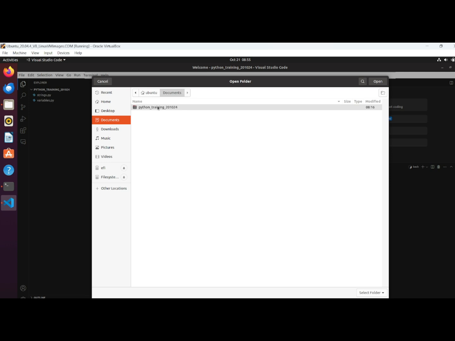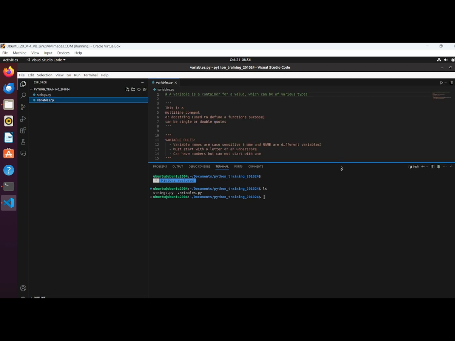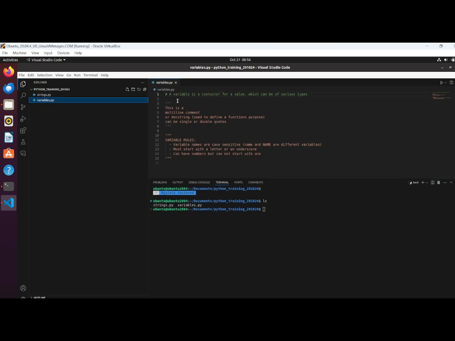So here I have created one folder, Python training, and inside this, for demo purpose, I have kept these two files. One is the strings.py, another is the variables.py. So if I do the ls, this is the strings.py and the variables.py. So if you look for the docstring, the notation for the docstring is with